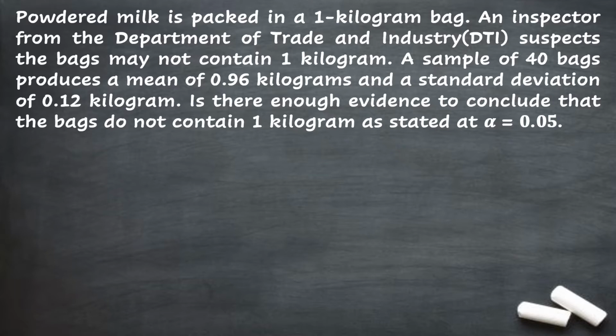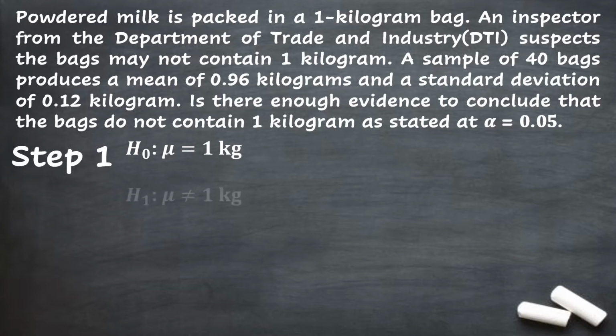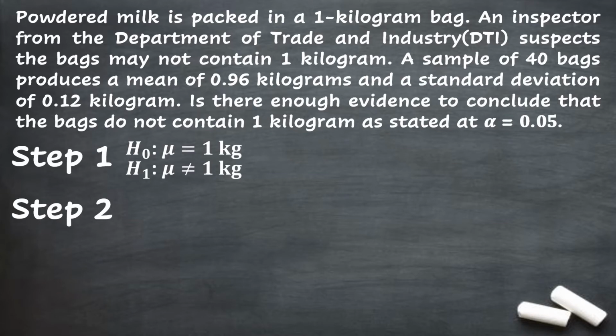to 0.05? First step is to identify the null and alternative hypotheses. If you can remember, the null and alternative hypothesis is already identified for this given problem during the discussion for test of hypotheses. So, we'll just copy the null and alternative hypothesis from that lesson. The null hypothesis is population mean is equal to 1 kilogram, and the alternative hypothesis is population mean is not equal to 1 kilogram. Step 2 is to identify the alpha level or level of significance as well as the